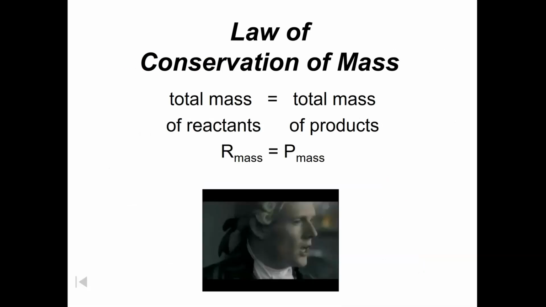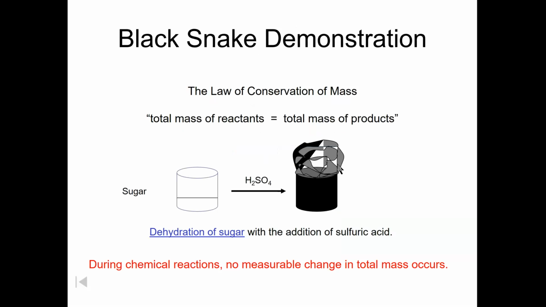All right. So what do we call this? The law of conservation of mass. We are conserving mass. So know that in any chemical reaction, and anywhere in the universe indeed, total mass of all the reactants must equal the total mass of all the products. Sometimes something can be given away, but we have to account for it.